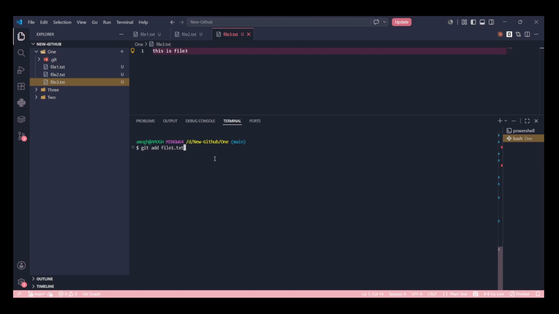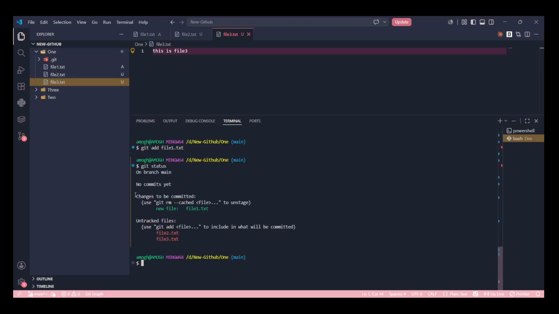What this does is it only sends file1.txt to the staging area. We'll run it. Okay, I'll run this command. I'll now run git status again. Okay, it says you have sent one file to the staging area. We'll read this line. Okay, first we are on branch main. We didn't commit anything. Yeah, because we didn't run any commit command until now.